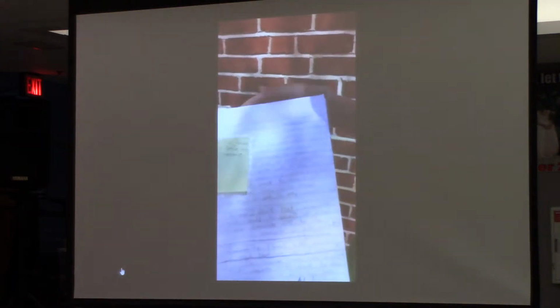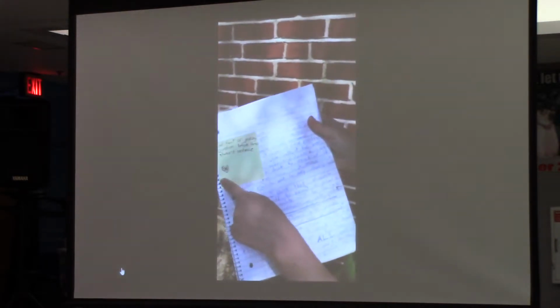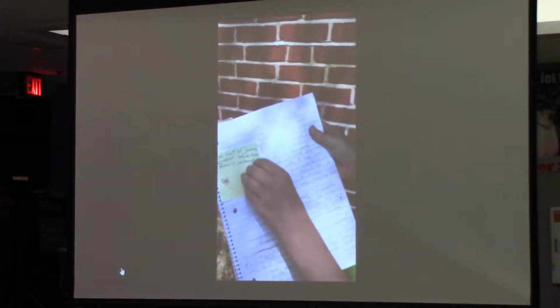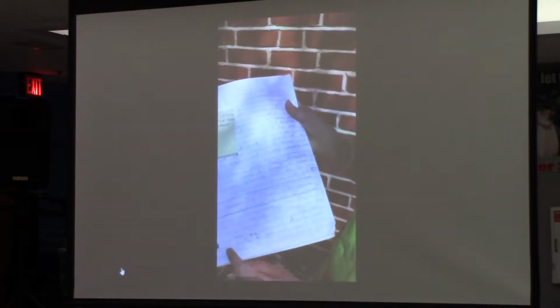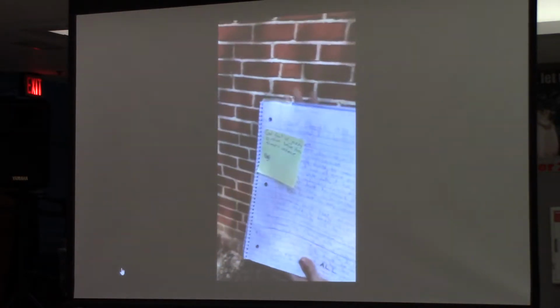Research right about chocolate milk. I have something that I need to remember that I need to do in the future. I've circled, crossed out, underlined, bolded, asterisks to remind myself that I need to write that